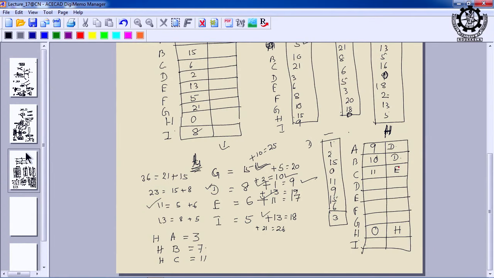Find out for D. I need one more correct answer, not from you, not for you, anybody else. Who can give me the correct answer? 8. So, H and D, this will be 15 plus, in G's table the D is 3, which is equal to 18, and in D's table it is 8 plus